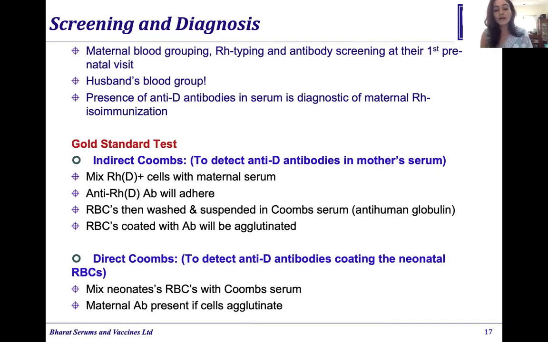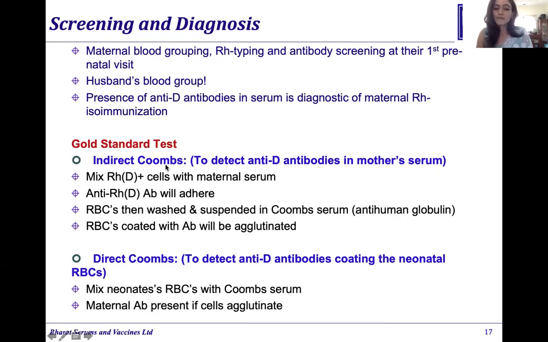But in India, the resources and the healthcare are not at a point where we look at the heterozygosity or the homozygosity of the husband's blood group. And we are a long way from looking at the fetal RBCs in the maternal circulation, which has kind of revolutionized the way we look at Rh negative mothers in European and Western countries. So yes, for Rh negative mothers, we look at the husband's blood group, and then we look at the presence of any antibodies in the serum of the mother. So we do what is called, of course, the ICT, the indirect Coombs test.